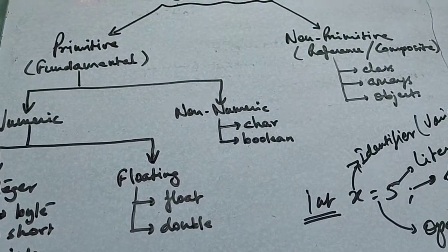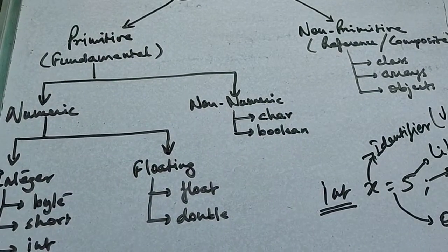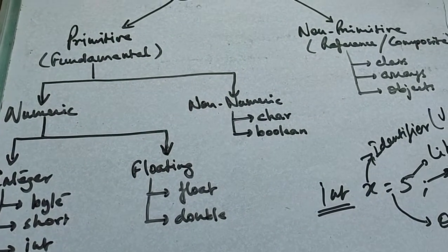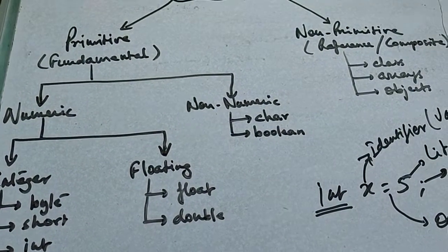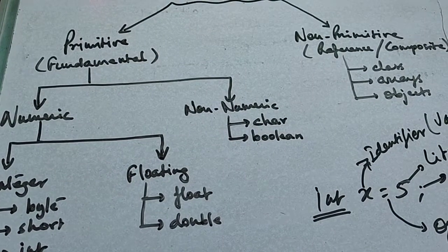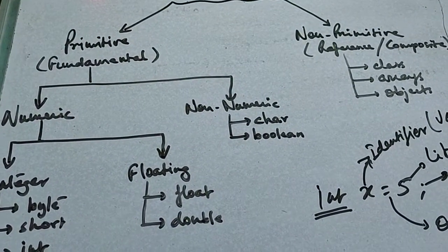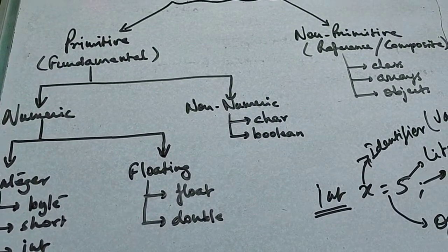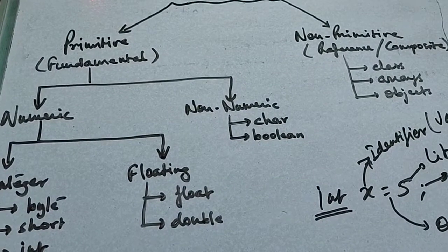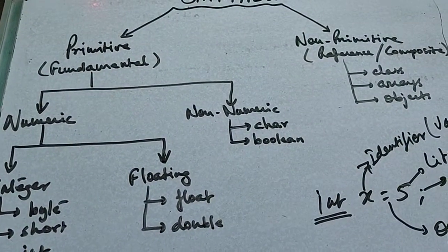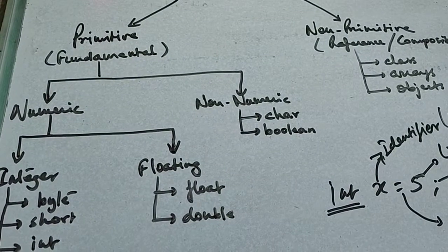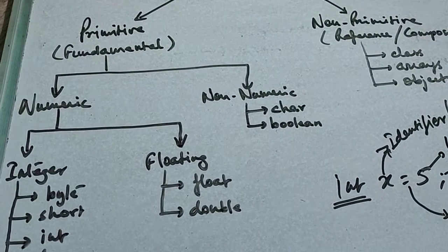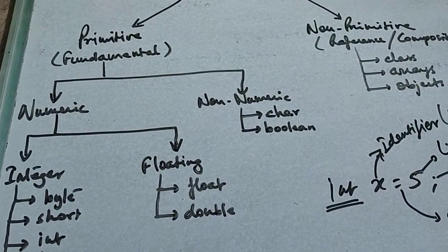Their byte size is always fixed, they do not change. So the size in terms of bits remains fixed throughout, and they are available throughout the program. So they can be used throughout the program. That is what is known as primitive or fundamental data types. A primitive data type is further classified into two parts, numeric and non-numeric. Numeric means that it stores numbers, non-numeric is other than numbers.